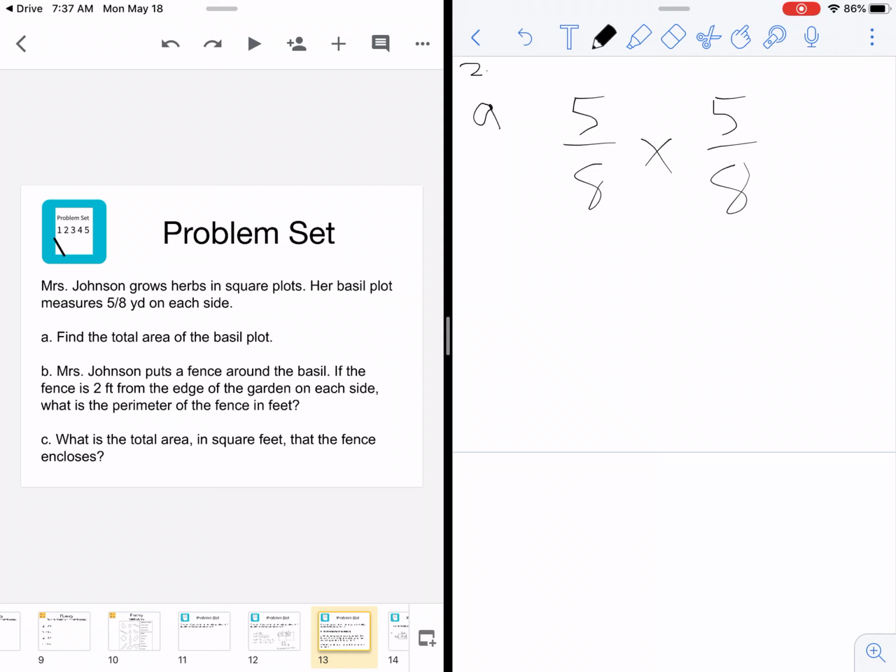Okay, 5/8 times 5/8 equals 25 over 64 yards squared. You just multiply straight across. So we found A. Now we have to do B. So B says